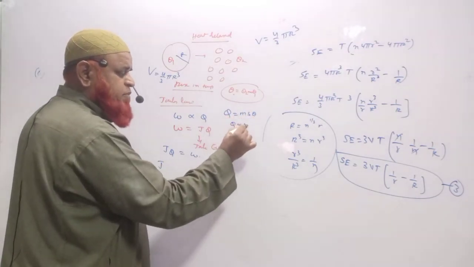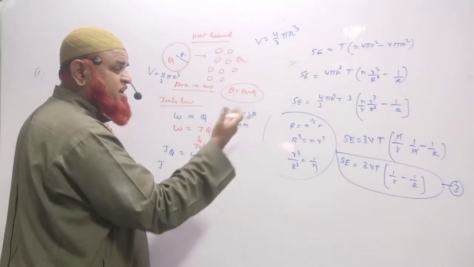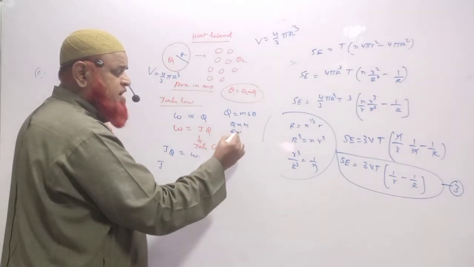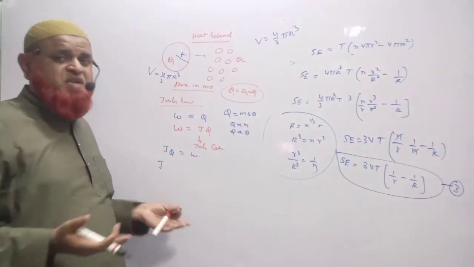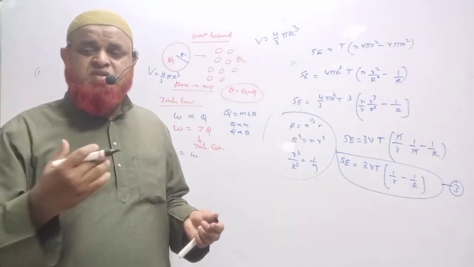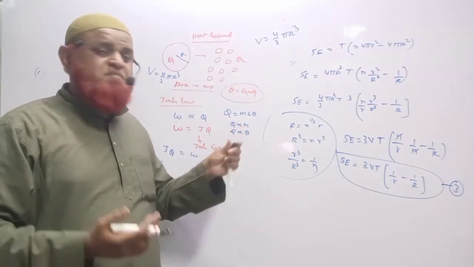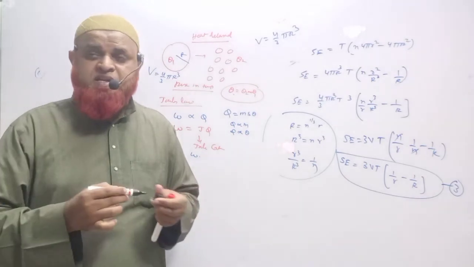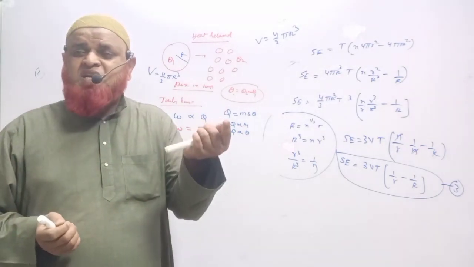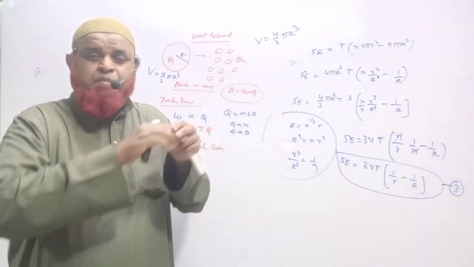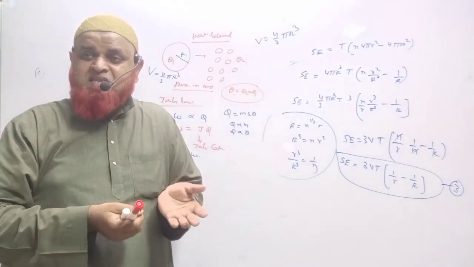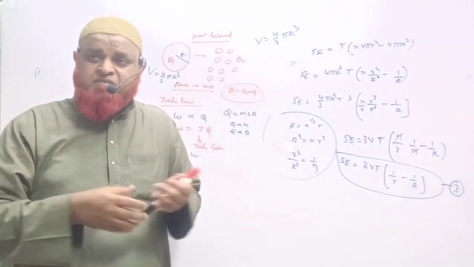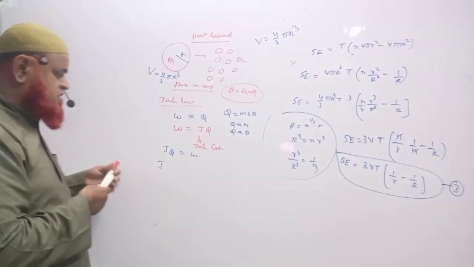Because Q is directly proportional to the mass of the body. Quantity of heat depends upon the mass of the body. Quantity of heat also depends directly upon the rise in temperature theta. The more the rise in temperature, the more heat is developed. The more the mass, the more heat you have to apply. You can burn one stick of wood using a matchstick, but can you burn a log of wood using a matchstick? No. You need a lot of fire for that. Is it clear?